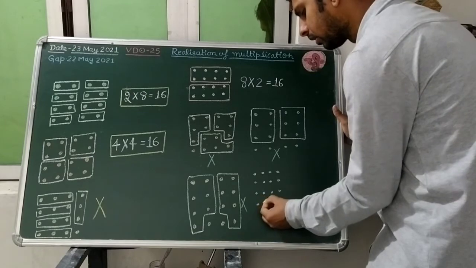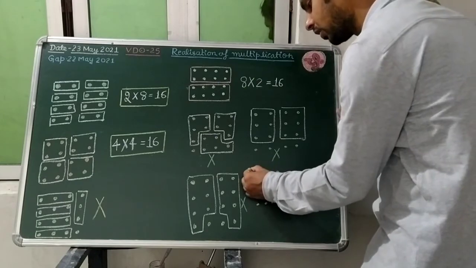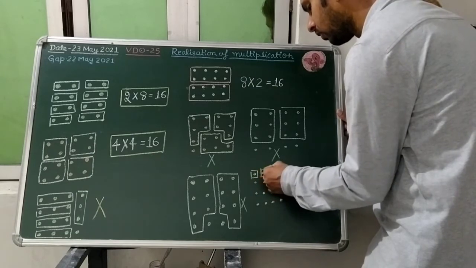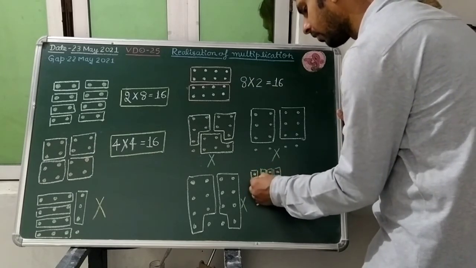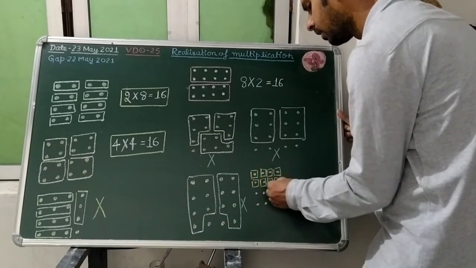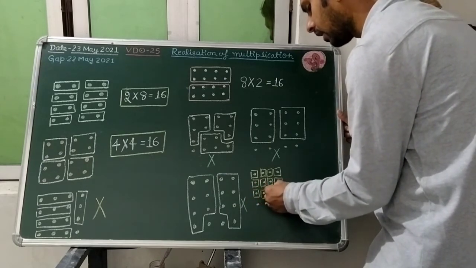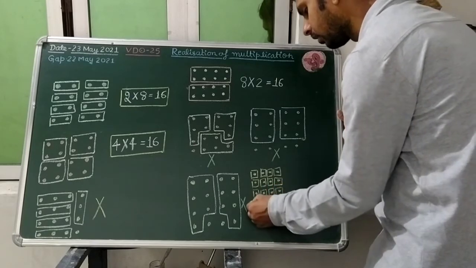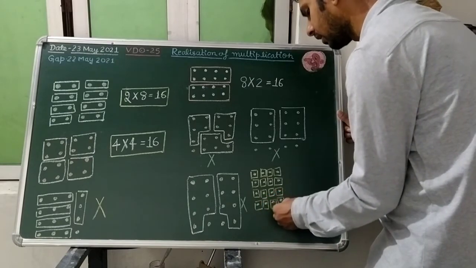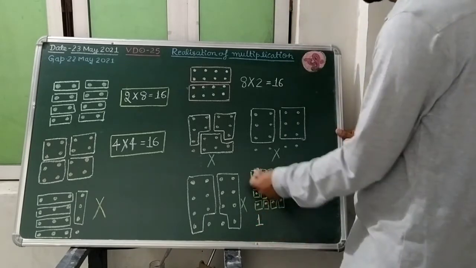a group of 1 dot? Yes, you can make a group of 16 dots. There is 1 group, 2 group, 3 group, 4 group. This one will become 5. This one will become 6. This one will become 7. This one will become 8. This one will become 9. This 10. This 11. 12. This 13. This 14. This 15. This 16. Is it? So students, you are grouping 1 dot, and how many groups are you finding?